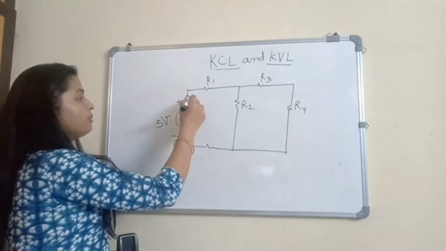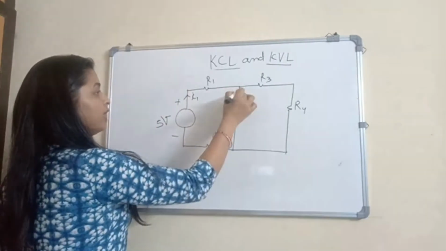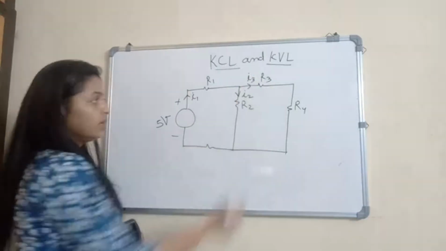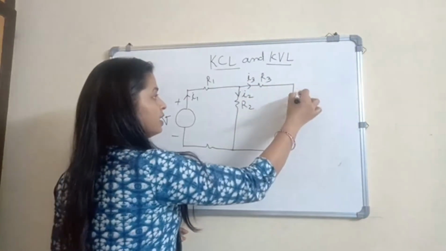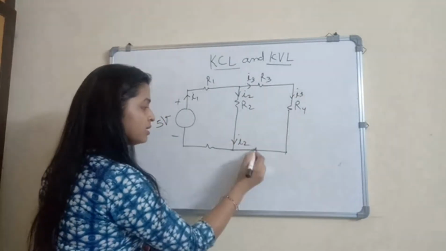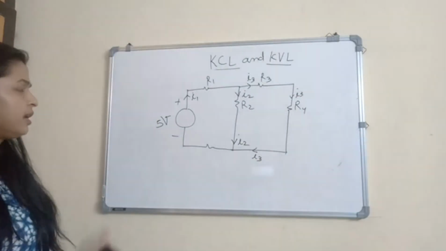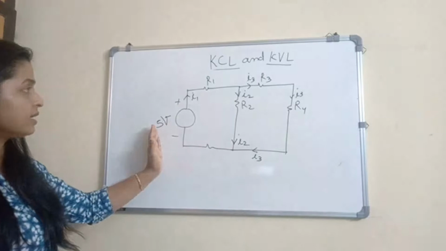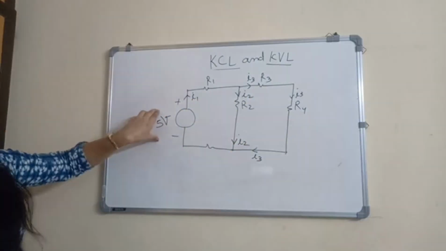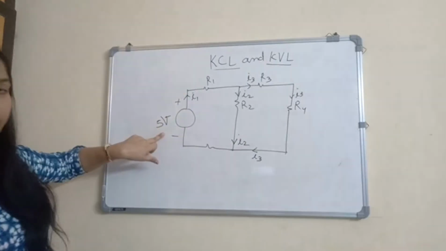So first, I know my current I1 is flowing this way. I1 is constant till then my current divides into two parts, I2 and I3. Now here I3 is flowing again. At this point, from above, I2 is coming, and from this direction, I3 is coming. So this is the flow of current in a simple circuit where a 5-volt battery is connected with few passive components. This could be the only active source in this electrical circuit, where I is flowing just because of this 5-volt energy source.